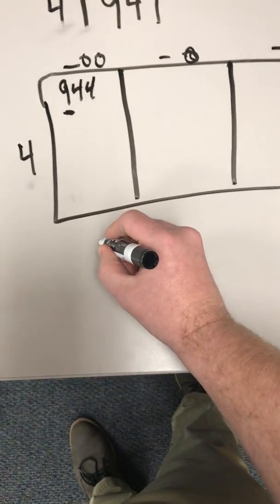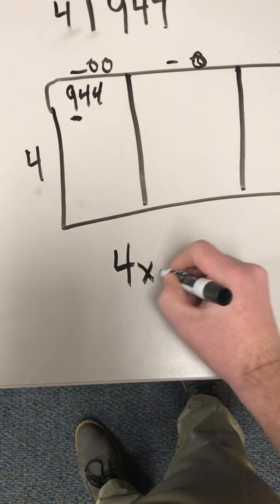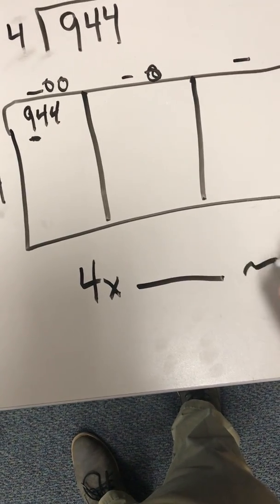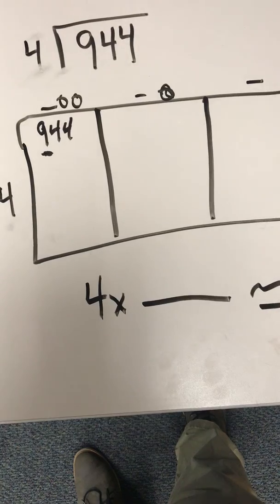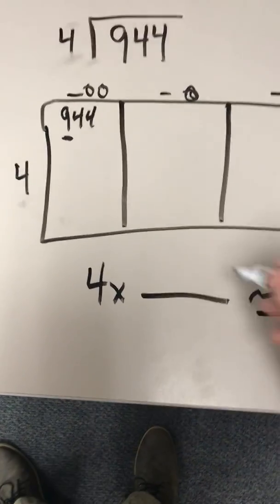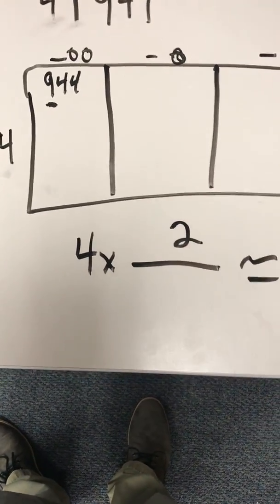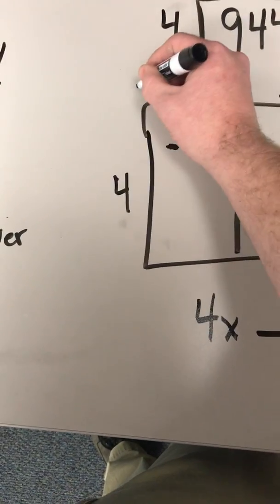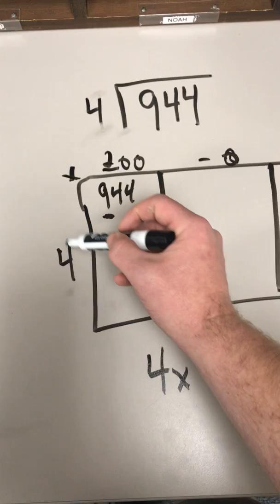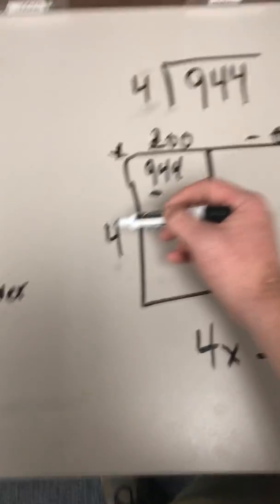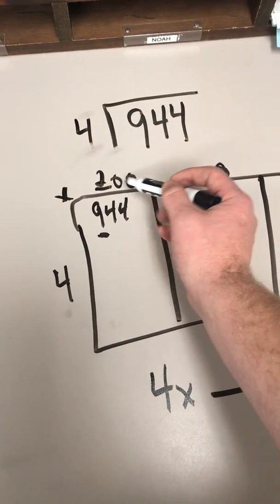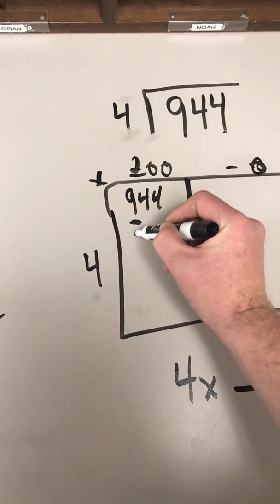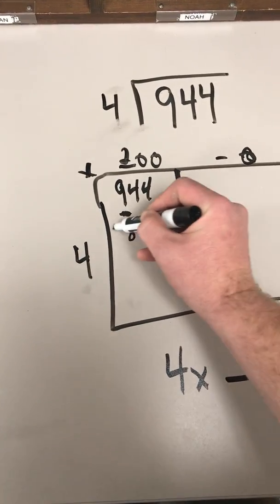They're going to ask themselves, 4 times blank gets as close to or equal to 9. So they know 4 times 2 is 8. So we're going to put 2 up here. Then I like to put a little multiplication symbol there. For step 2, which is multiply, 4 times 200, which is 800. They're going to subtract 800,